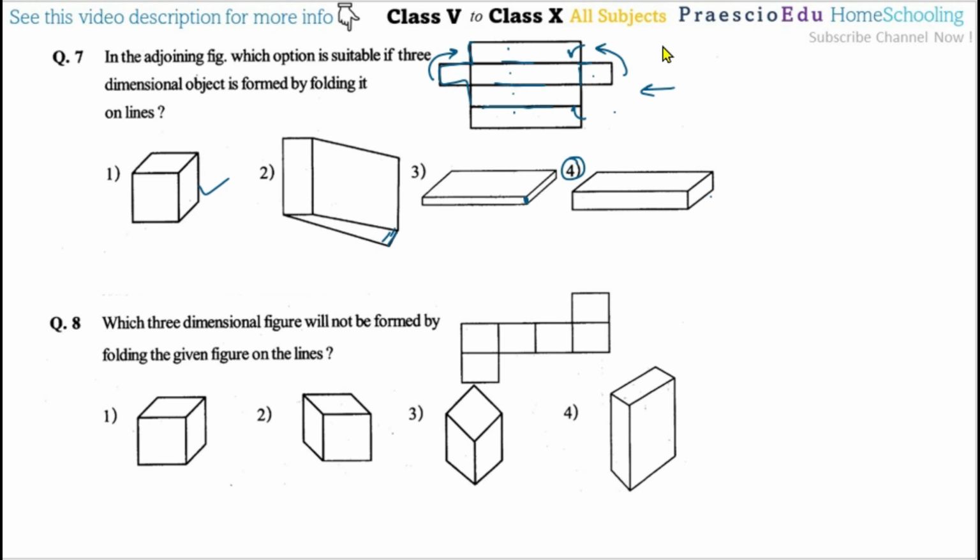Okay, then question number 8: which three-dimensional figure will not be formed by folding the given figures along these lines? Will not form. Okay, so now this is somewhat rectangular. This side and this side are different. So this is a rectangle, means the figure formed by this net will be a cuboid. Not a cube, but this is a cube, this is also a cube, and this is also a cube, because this is a cube when looking from this side only. When this corner is here, this corner will be here. So these three are cubes, but this is somewhat different, I mean, that is a cuboid. That is the meaning. So this is a cuboid, means option number 4 is the correct one.